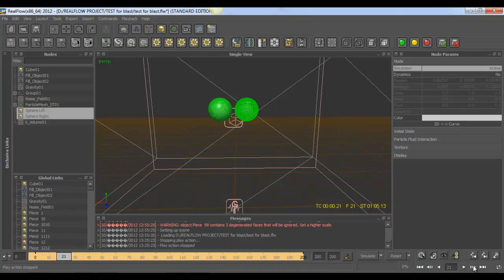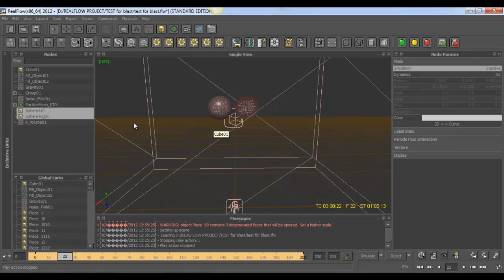Let's move to frame 22 and set the simulation to be inactive, and right click and add a keyframe. So from 0 to 21, the fluid is going to be stuck inside these spheres, so the spheres are visible, and when it goes to frame 22, they're not visible, so the fluid can move outside